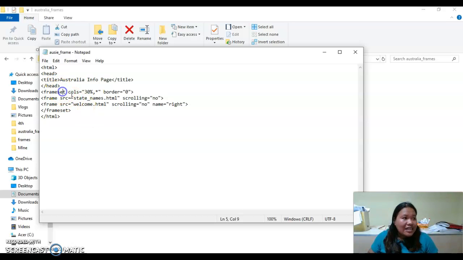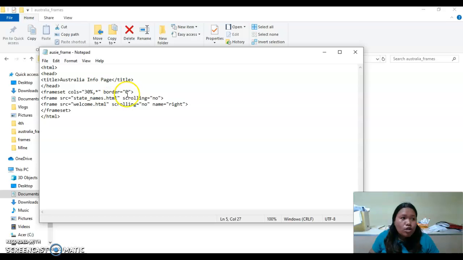Frameset cols if you are going to do it vertically, okay? You can also make it by rows. My example is cols, meaning column. So 30% is allocated for the left side, comma, and the asterisk here indicates that the browser calculates the remaining percent to total 100%. So automatically the browser understands that the asterisk there is 70%.